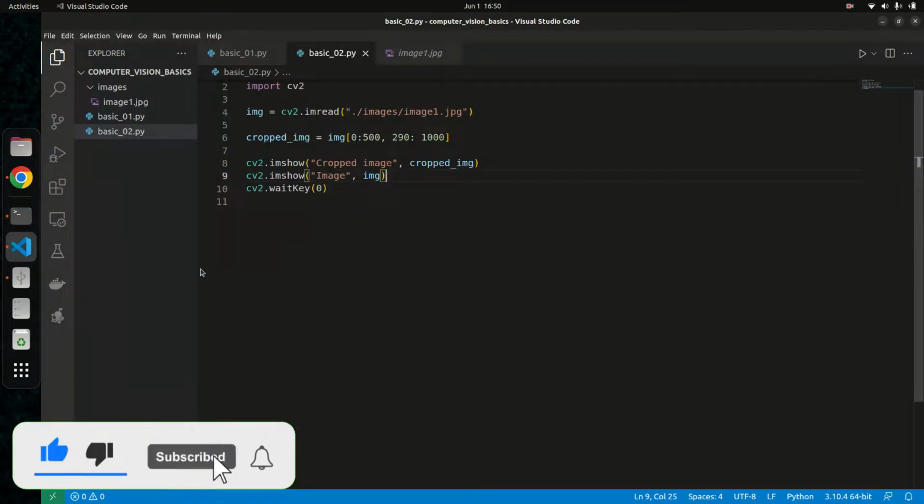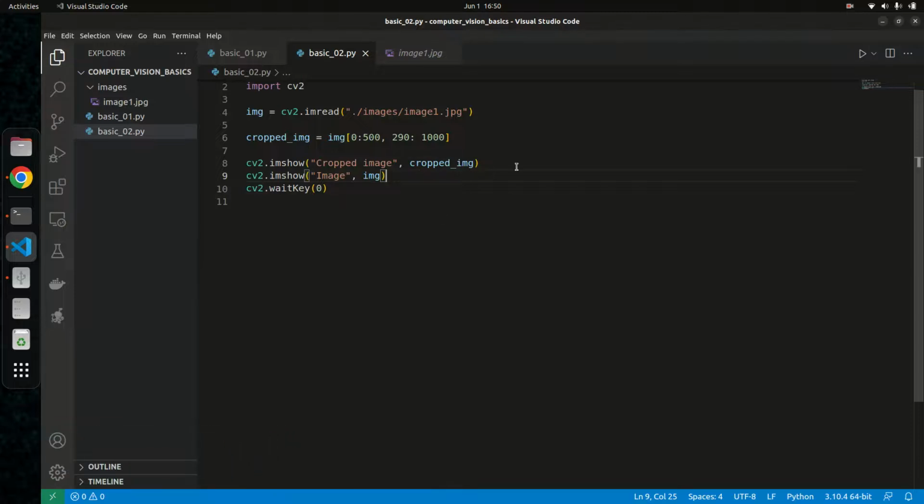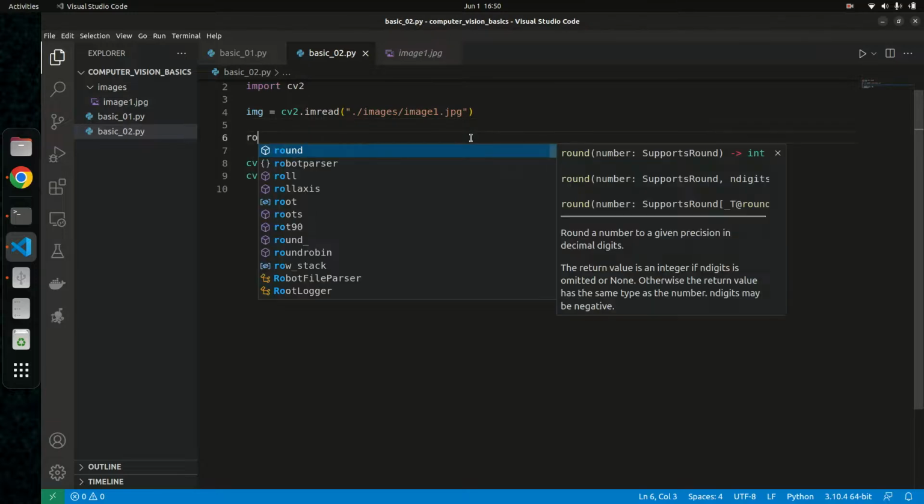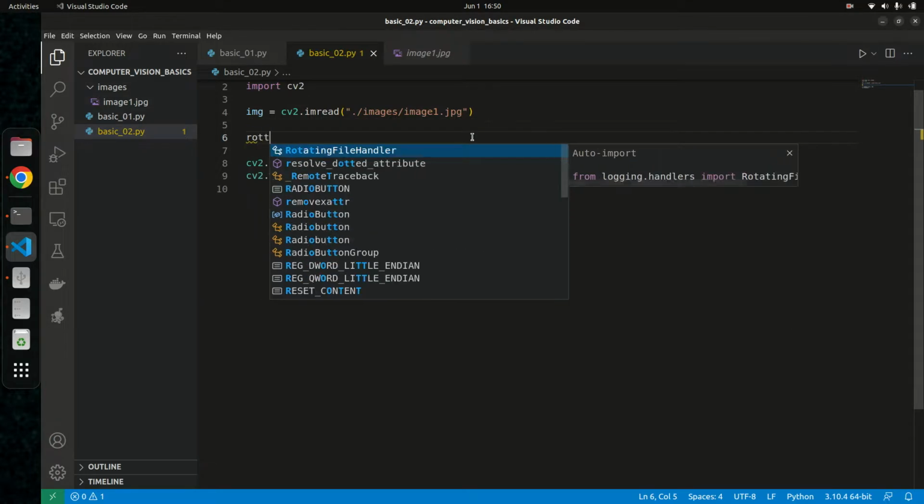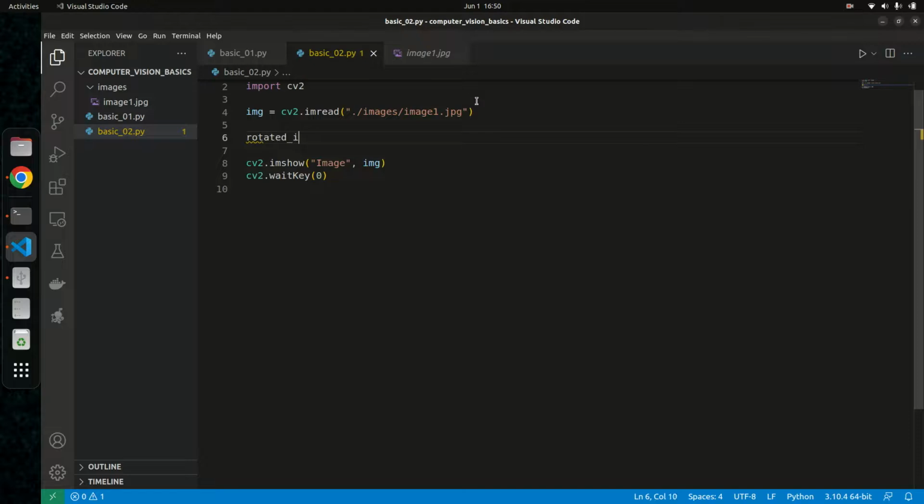Yeah, so now let me just show you how to rotate images using OpenCV. So you can also learn to rotate images and stuff like that. So I'm just going to simply delete this as well. So let's go ahead and show you how to rotate images. To rotate images, I'm going to create a variable called rotated_image, and it's going to be